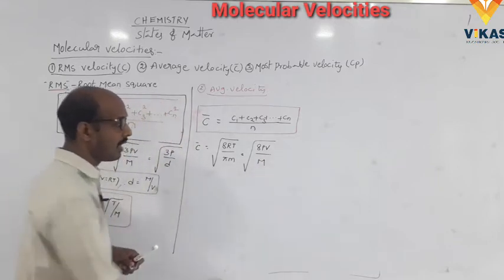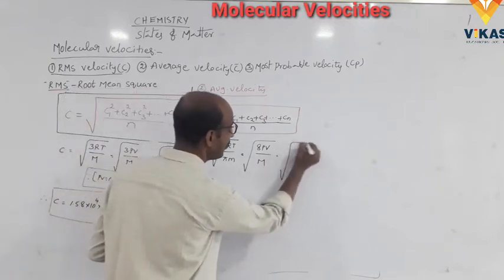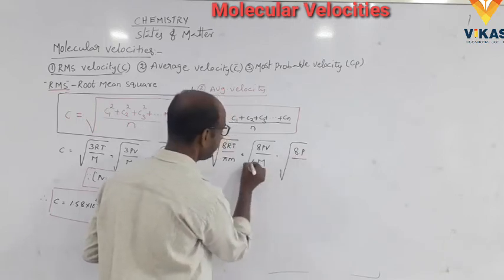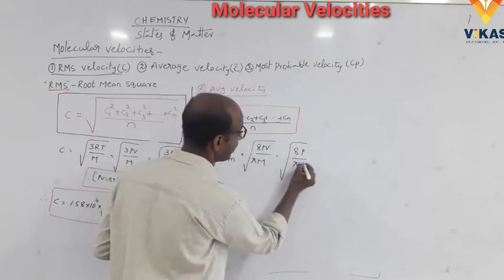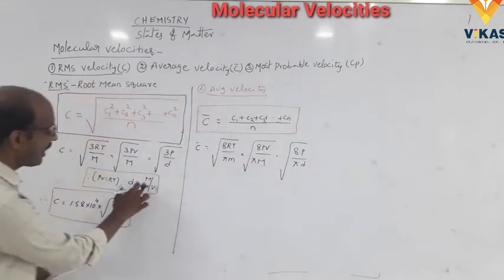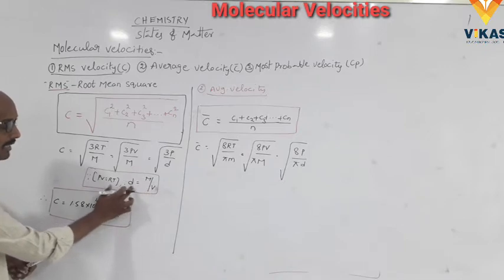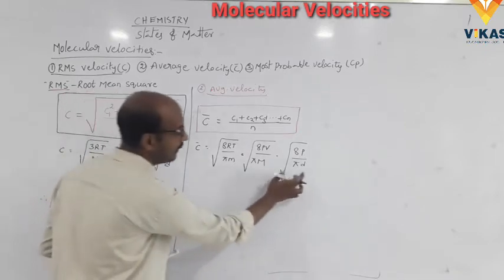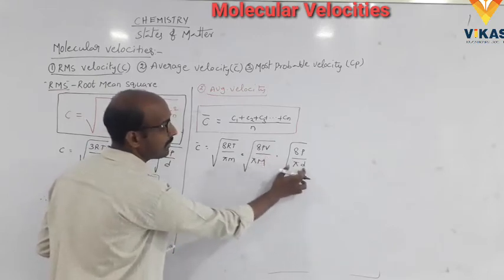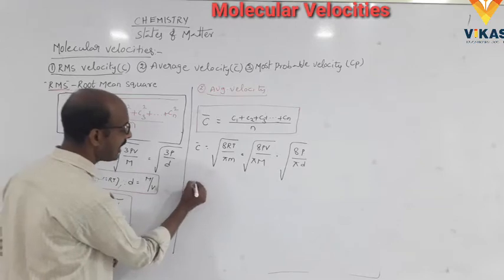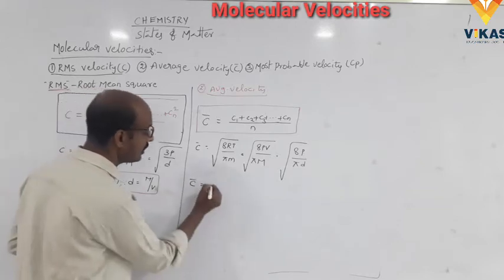by m. And next, it is equal to the square root of 8P by pi d. Here, volume by mass: mass by volume is the density, and the reverse, volume by mass, is equal to 1 by d. So V by m is equal to 1 by d. Finally, we get the average velocity is equal to